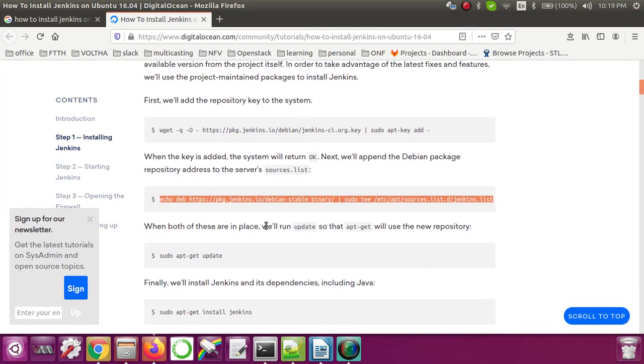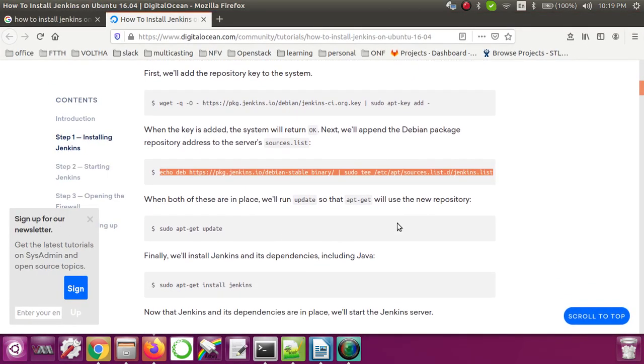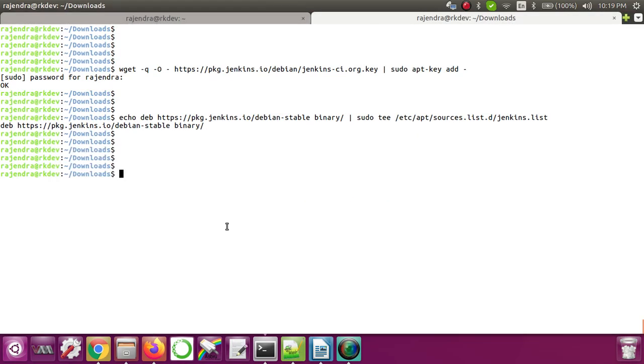Now when both are in place, we'll run update so that apt-get will use the new repository. After this we need to run the apt-get update command so that the repository will be updated, and then when we try to install, it will use the latest one. So let me update this.